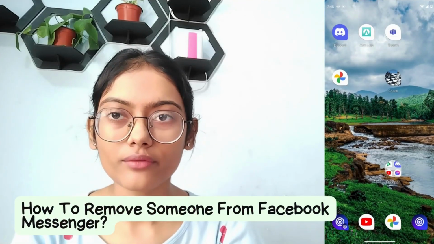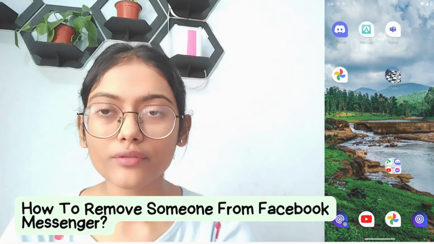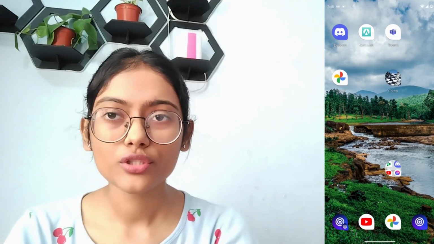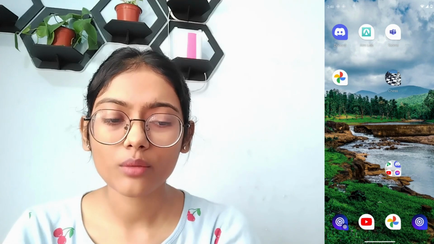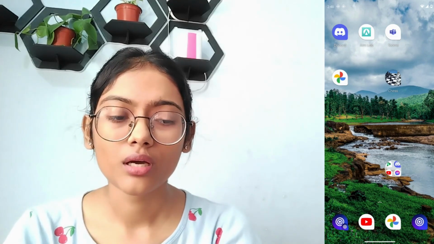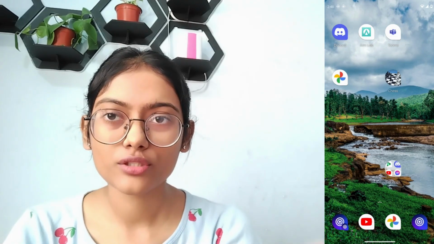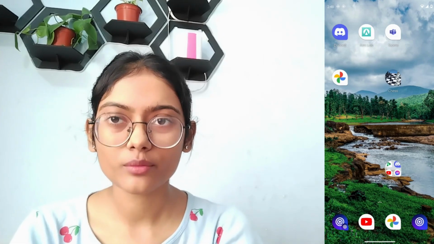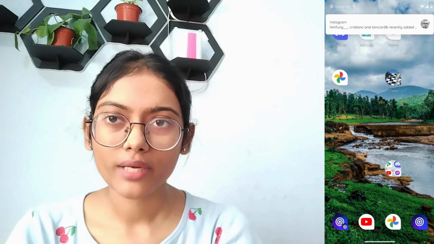How to remove someone from Facebook Messenger. So if you want to remove someone from your Facebook Messenger, then first of all you need to know one thing, that you can't remove someone from your Messenger only because your Facebook is linked to your Messenger, right? So first you need to remove that person from your Facebook, and after removing that, they will be automatically removed